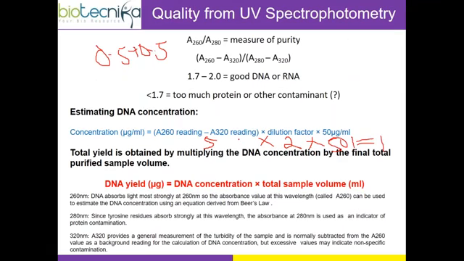Guys, are you there with me? Now, blindly I don't want any mathematics here. 5 into 2 is 10, into this one. So 1 OD means 50 microgram per ml, 10 OD means how much? What is the concentration? 500. That's it. 500 microgram per ml is my concentration. Understood or not? Any question?